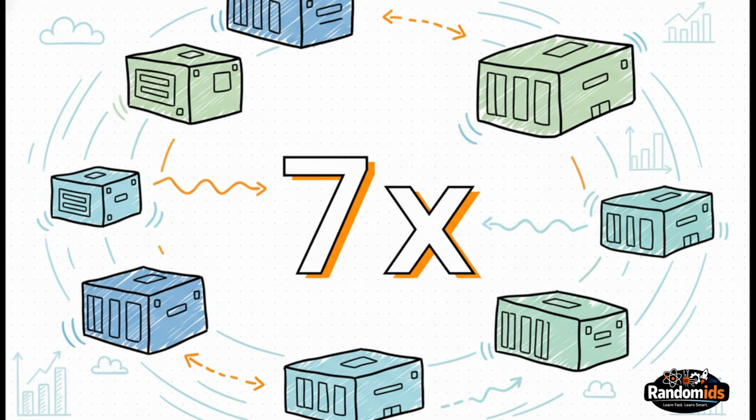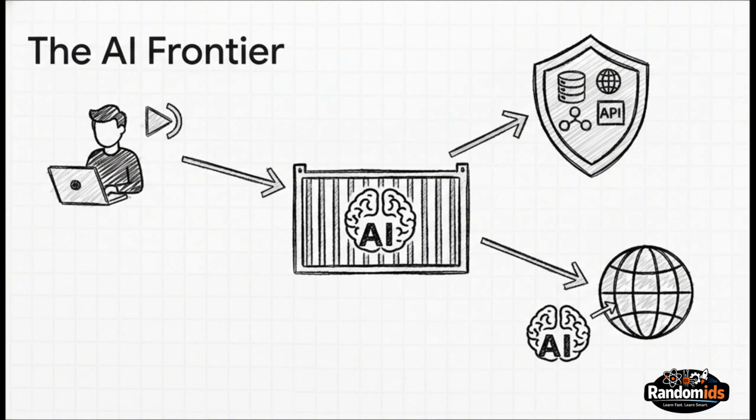And the business impact here is just staggering. This isn't just about making developers happy. Companies that switch to using containers report that they can release new code up to 7 times more often. Just think about that for a second. That means getting new features to customers faster, getting feedback faster, and just generally innovating at a speed your competitors can't match.